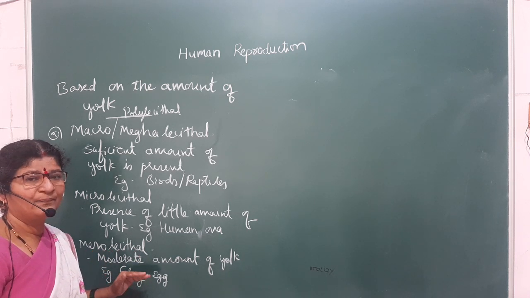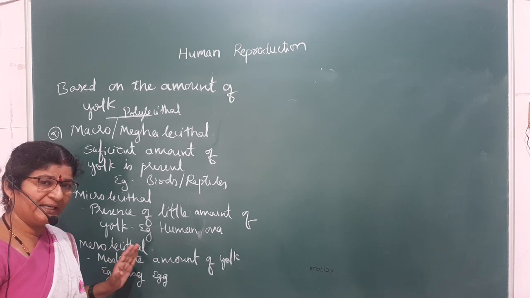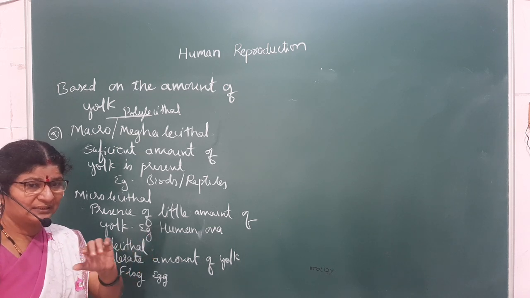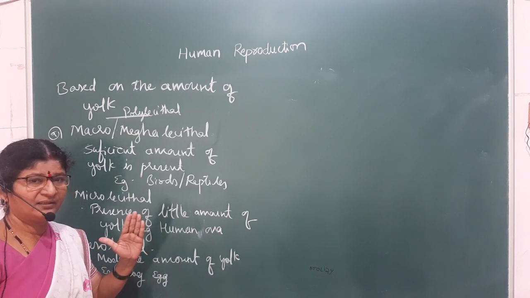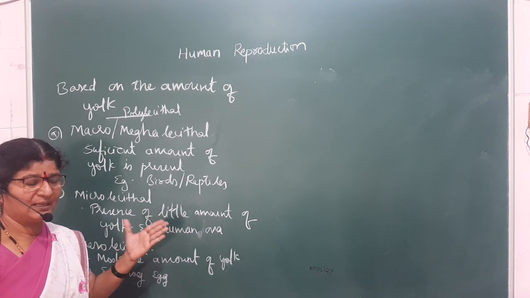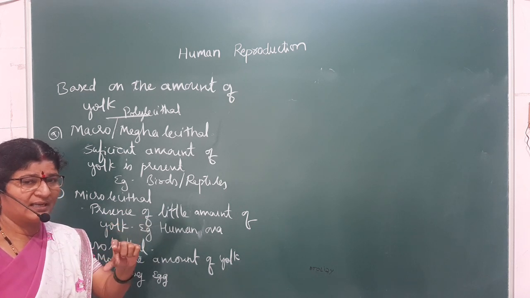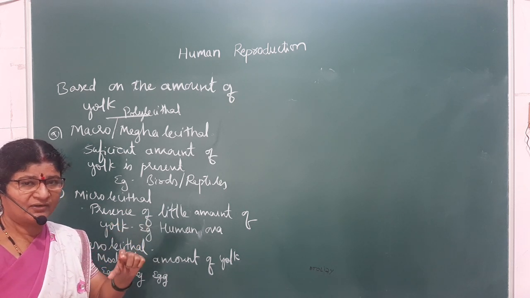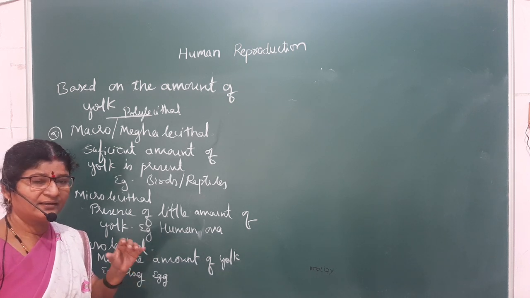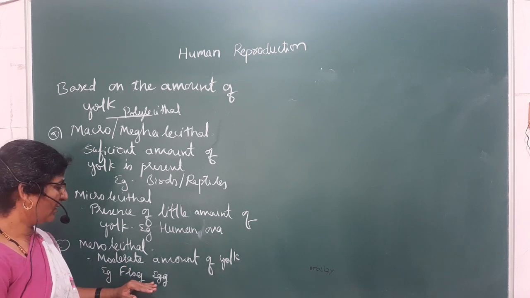Where the yolk is not sufficient for complete growth of the embryo, the one which is born is intermediate between the adult and the embryo. This in-between stage is called larva, which is morphologically different from the parent. We can't immediately recognize that it is the baby of so and so animal. That is about the frog egg.